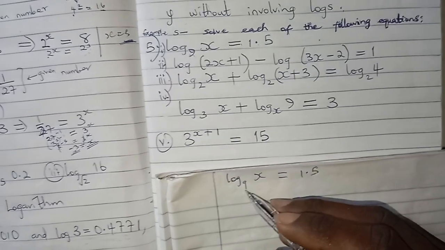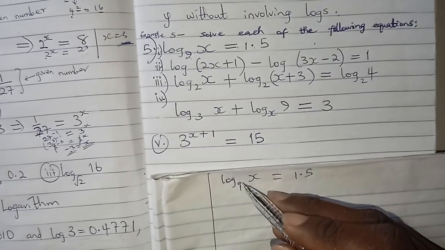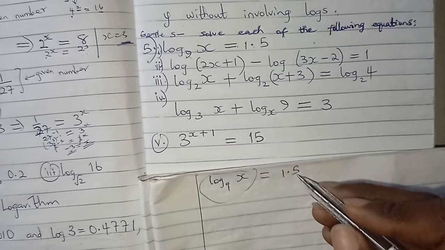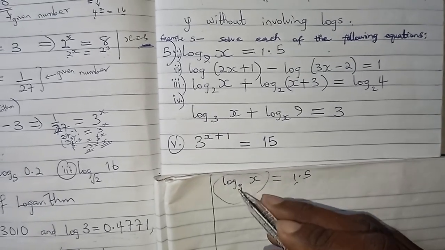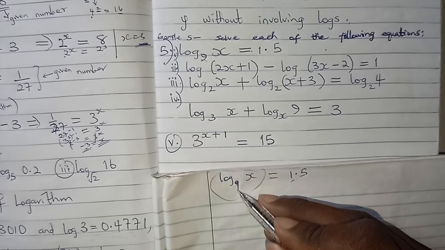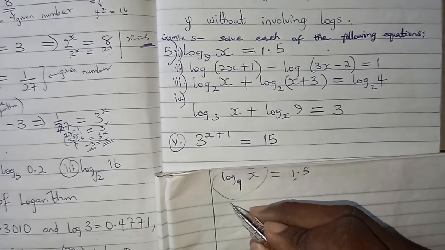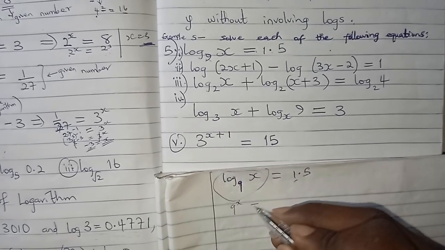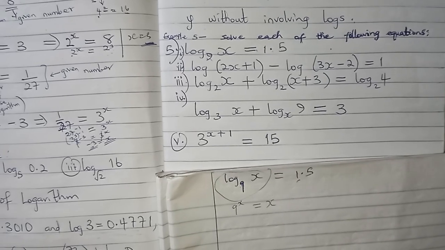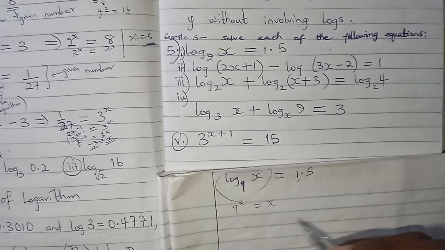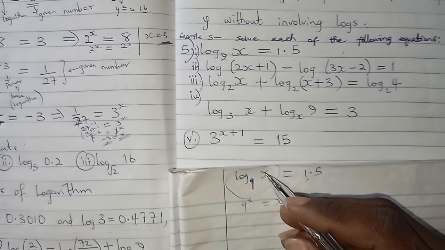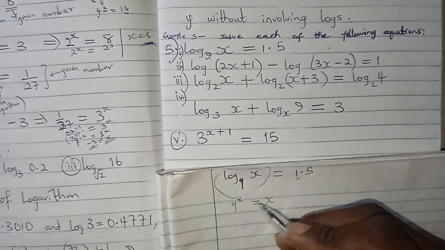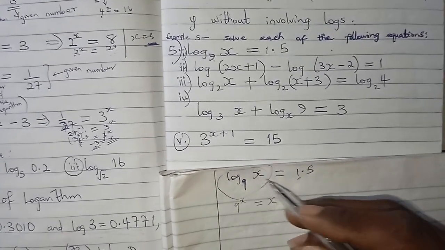So remember, this time around, they're telling me that everything I have here is equal to 1.5. And remember, this thing that I have here is the same thing as saying initially 9 raised to power x should give me x. But now my x, this particular x, if I'm taking it out, remember that first of all,